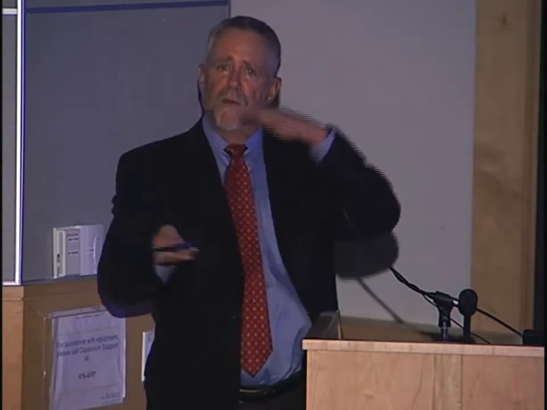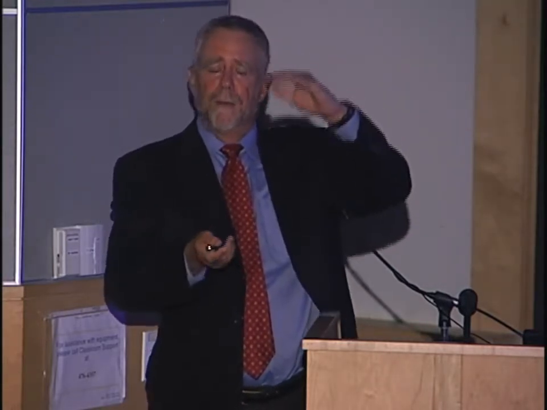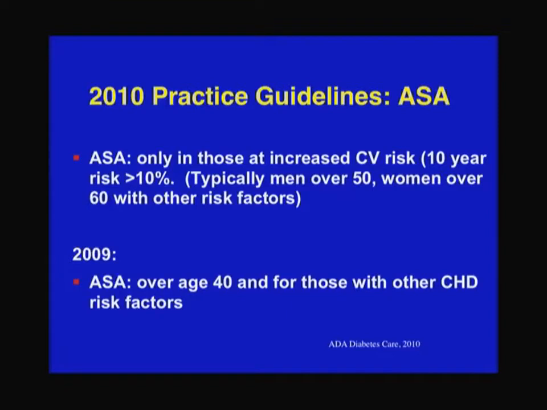The risks roughly stay the same, independent of the benefit. But the benefit varies depending on the things we talked about that first week. If your risk of something is low, then making it lower doesn't help that much. If the risk of something is high, then lowering it helps a lot. And so we save aspirin for those whose risk of having heart disease is relatively high. Again, it's that 10% number using the Framingham scale that we talked about the first week. So typically this turns out to be men over 50 and women over 60 with diabetes. It used to be that we used aspirin at much lower age limits, but we're becoming a little bit more conservative with aspirin.